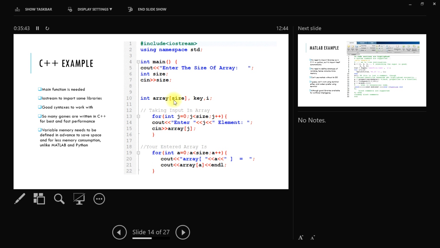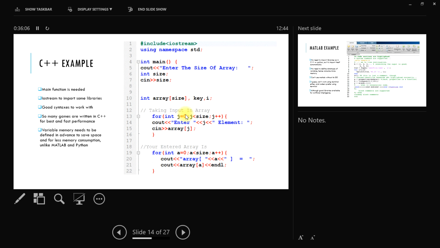This is the syntax of a for loop, how the for loop is used. You need to get familiar with it. J equal to 0, increasing it by 1 until it's less than size. J will always remain less than size. Suppose in size you store 5 and you are incrementing J by 1. So J will be 0, 1, 2, 3, 4, and so on.